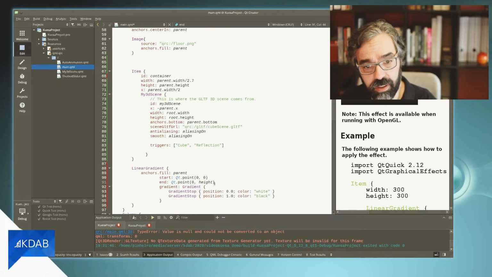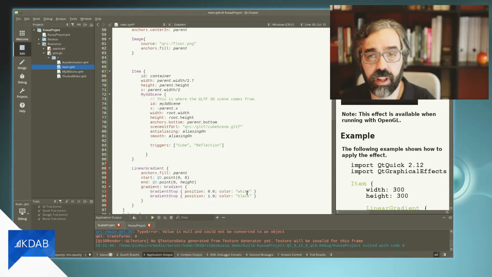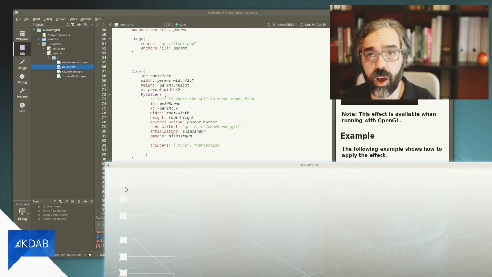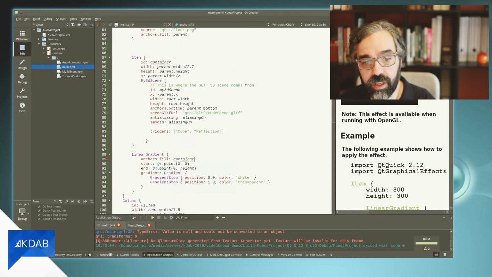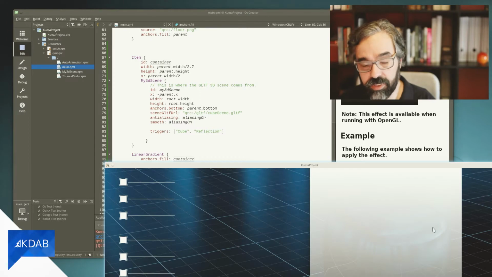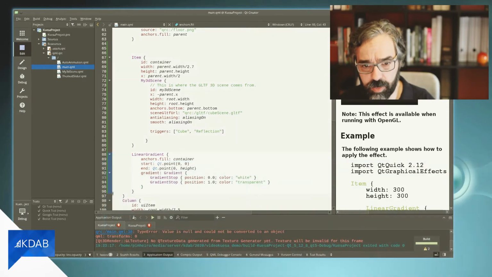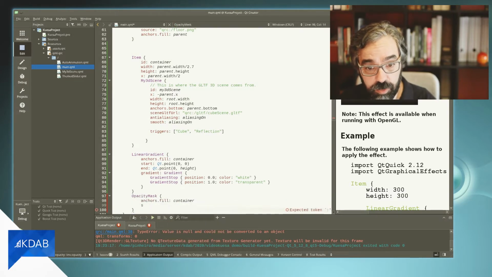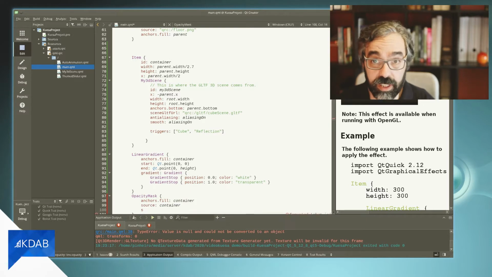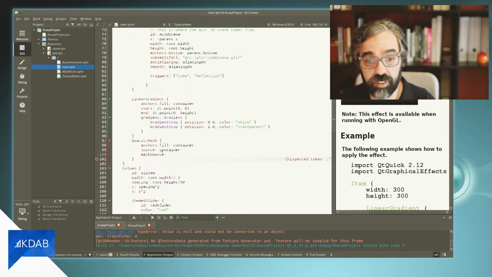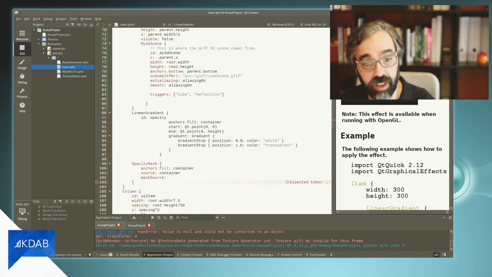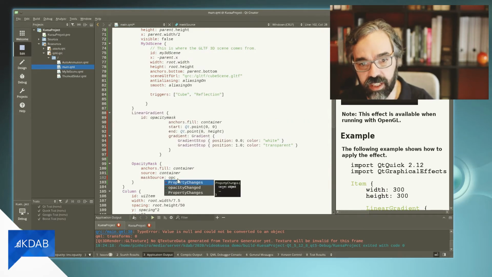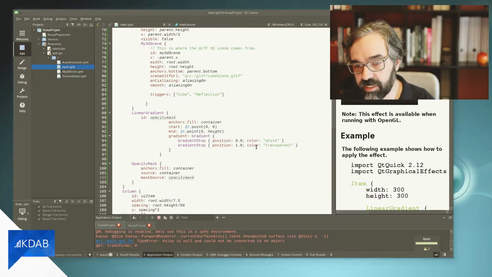The masking is done via a linear gradient that transforms the alpha level of the linear gradient into the alpha level of the result using an opacity mask. So here I'm doing that gradient, setting up the size. First it was big, then I made it as big as a container. Now I'm creating an opacity mask. The opacity mask is as big as the container. It has a source, which is the container again, and a mask source, which is, in our case, our opacity mask that we see there, creating its ID. And the end result is something like that.